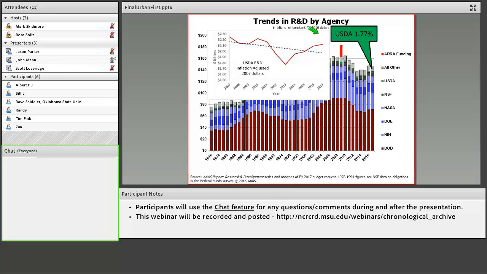And if we do a little bit of playing with the data, look at it over the course of, say, the last decade, if we control for inflation, some might argue that USDA, it's not just flat, but it may also be declining. And so this has got implications when you think about the kinds of programs that USDA funds. For one example, for fiscal year 2017, the size of the USDA budget was about $2.5 billion. One example of some of the programs funded would be, say, the Agriculture, Food, and Research Initiative.